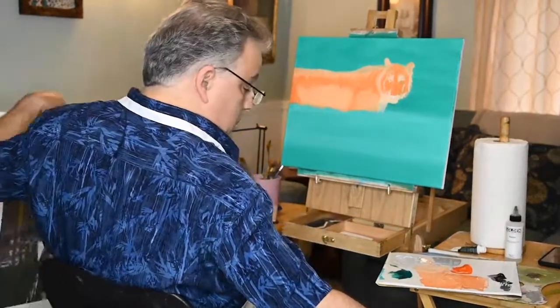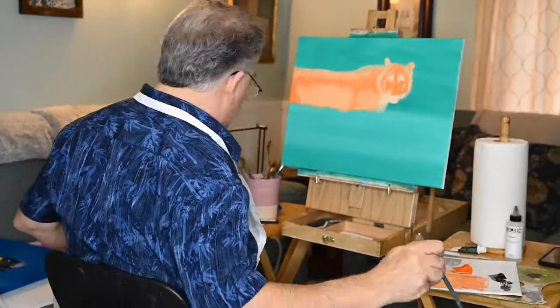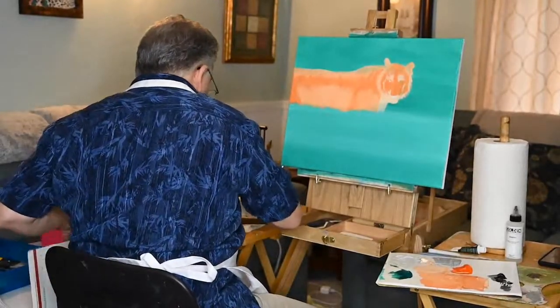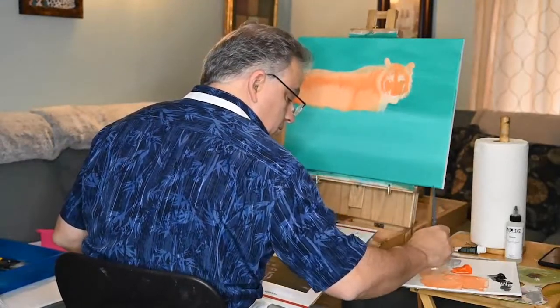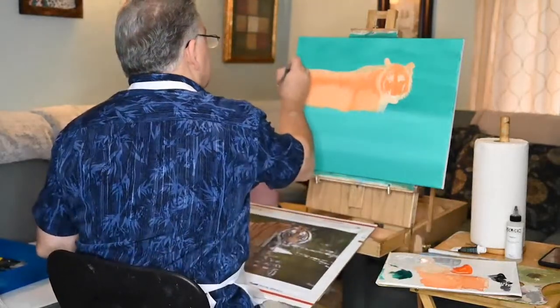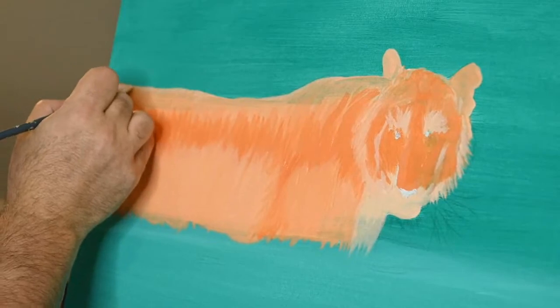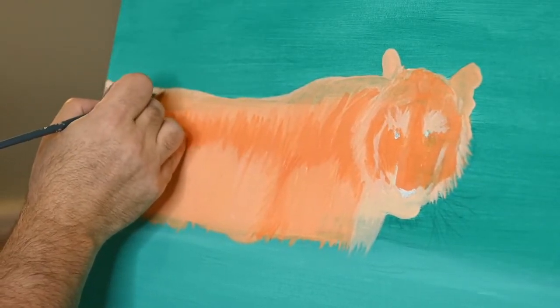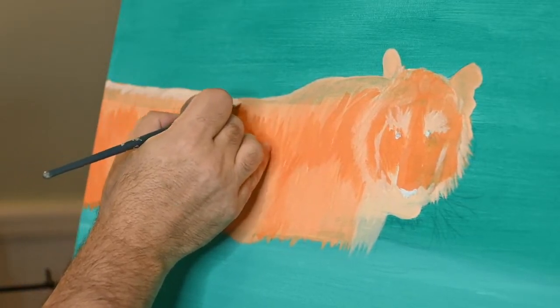Always make sure to clean your brushes in between changing colors. Once you go from dark to light, you're not going to be able to get rid of that dark paint. And this is what brings the animal out on the canvas better. And this is just your base coat. It gives you an idea of what